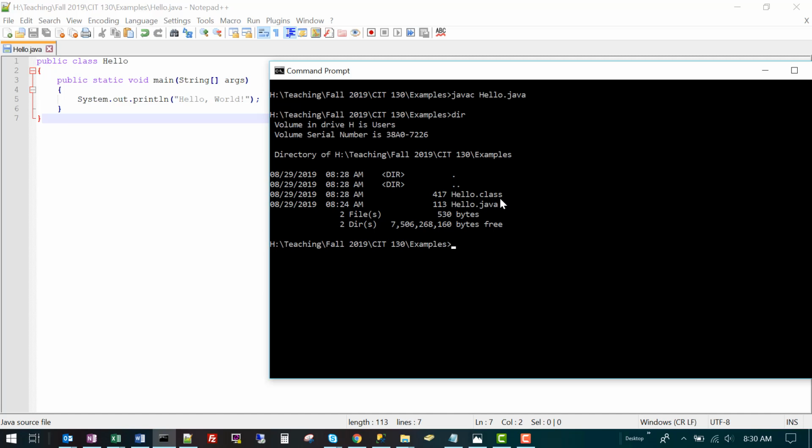The benefit of doing the virtual machine is that the .class is compiled for a Java virtual machine regardless of the underlying architecture of the computer it's running on.